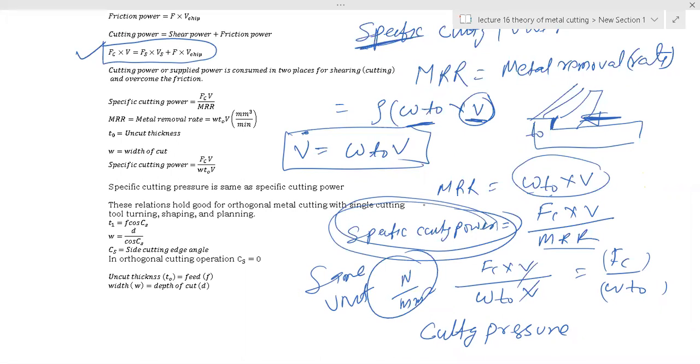Again, I am telling you, my notes and my teaching are entirely based on 35 years of GATE question paper concepts. I use only those words that are useful in your GATE, and GATE has already asked. So even if you miss a word, you will miss a question. Cutting power, specific energy, specific power, it is the same, and GATE has asked it 2 times.